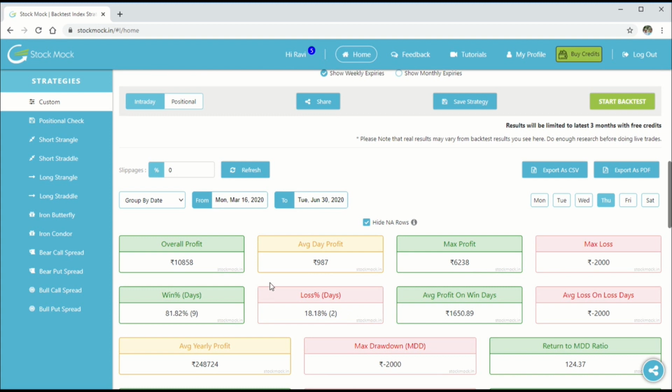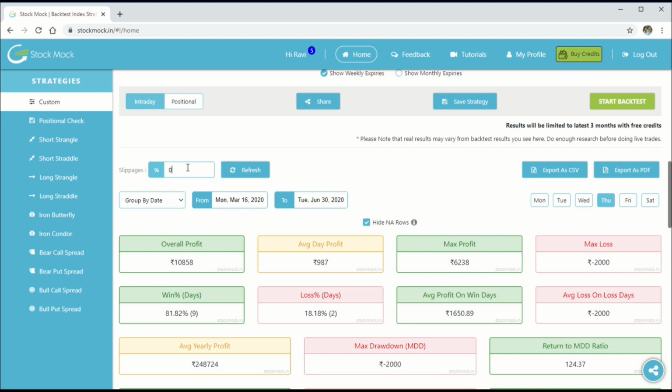Okay? So whenever you have a number in the slippages in terms of percentage, StockMark adds that particular slippage in both entry and exit, right? Typically, in my experience, I always have had 0.3 to 0.5% of slippage.